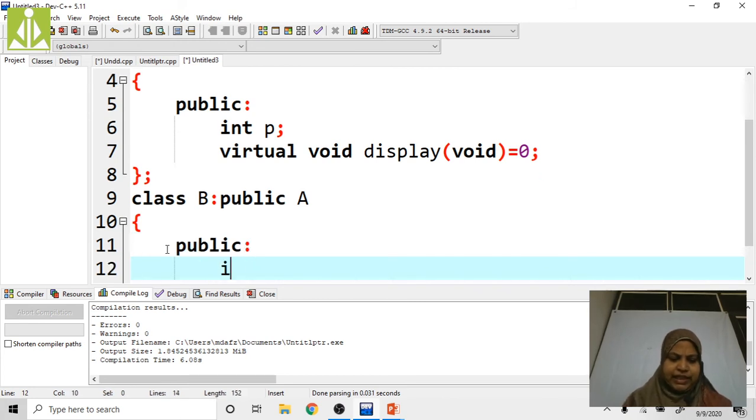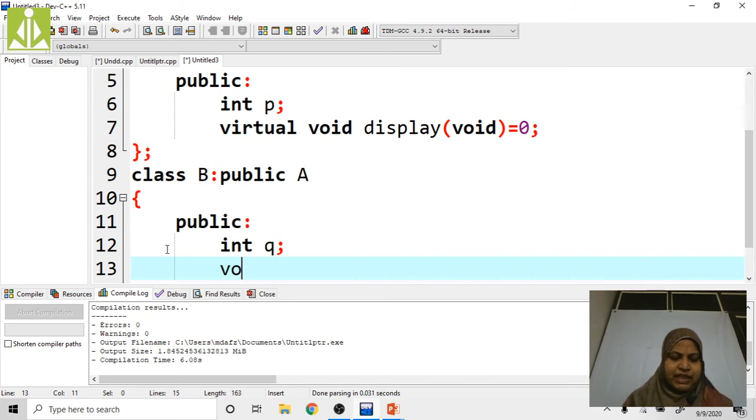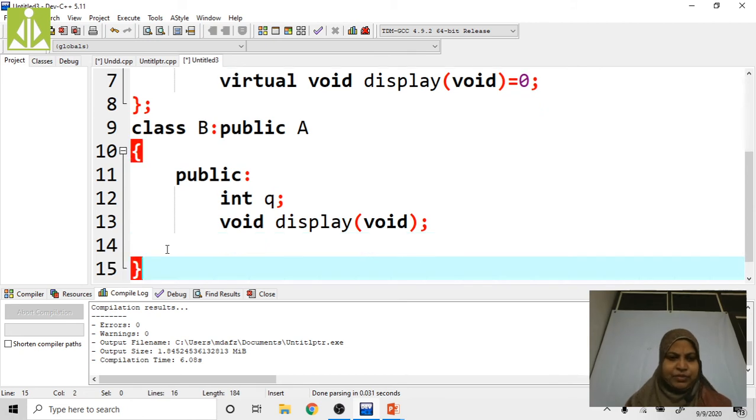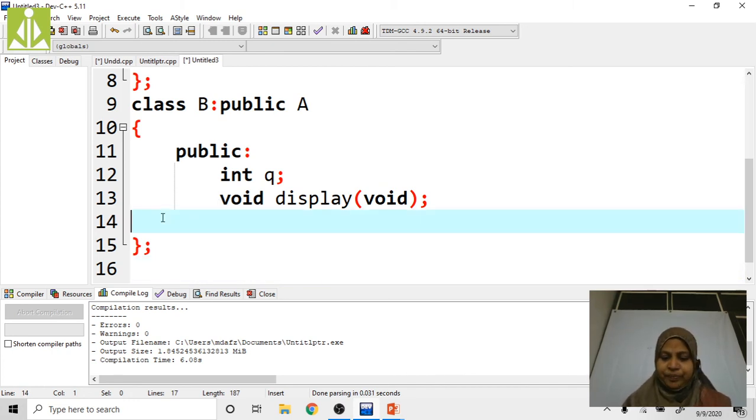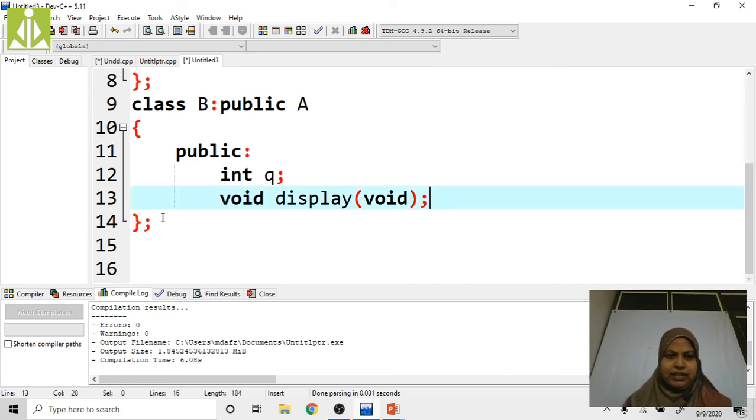Public int q, I am declaring one data member. Next, void display. The declaration of class B is completed. Here one data member is q, and one member function, void display, is there.